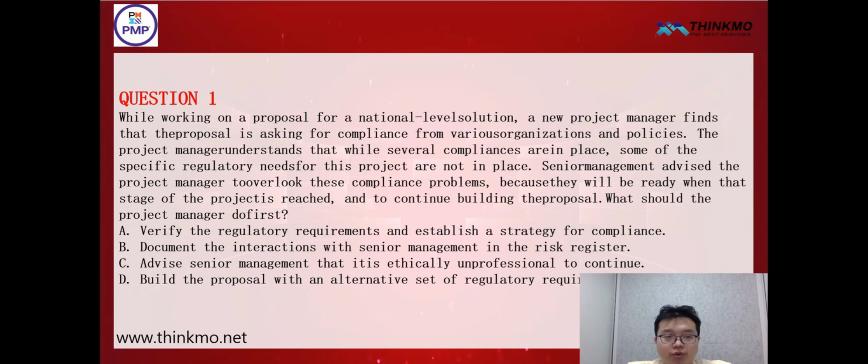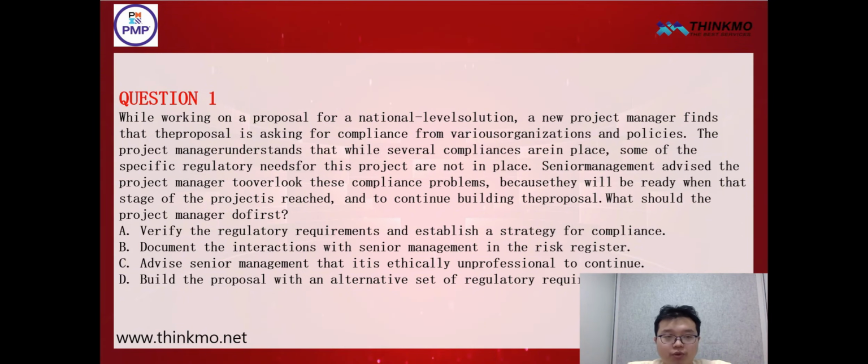So what about senior management? They suggest that the project manager ignore these compliance issues. Why? Because when the project reaches that stage, we will be ready and can continue developing our proposal. Now, in this scenario, what should our project manager do? In fact, we often mention that we should judge each question from the perspective of the project manager. So here, first of all,